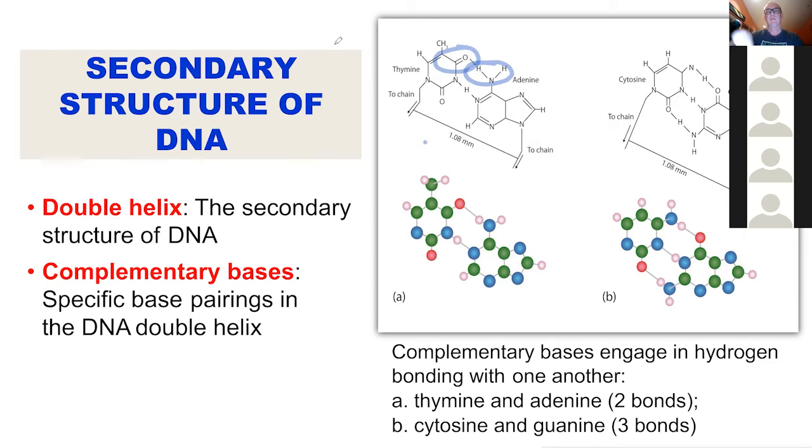And then here we have another hydrogen in between 2 nitrogens. So we have an amine here and a double bonded nitrogen there. And so it's the perfect distance. So cytosine and guanine are the perfect distance to make 3 hydrogen bonds. So 1, 2,